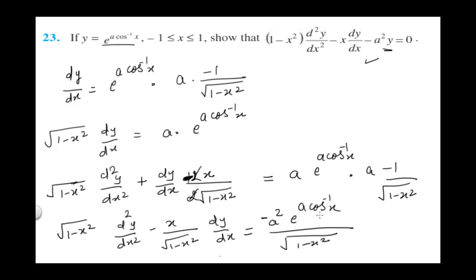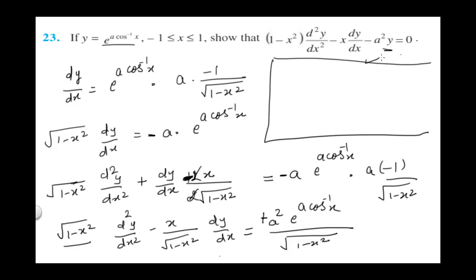Clear? One more thing, we had a minus sign here, right? While multiplying only this is cancelled, so we have a negative sign along with us, so at last it will become a plus sign, this minus and this minus sign. So now multiplying the complete equation with under root 1 minus x square. See, here it will become 1 minus x square. So I'm writing it here only so that you can match the answers from here.